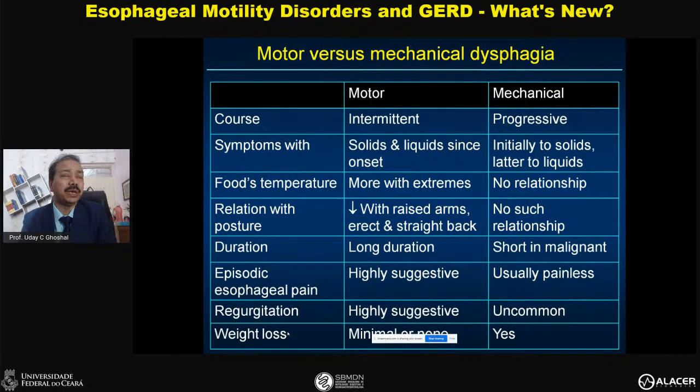So motor dysphagia is typically intermittent. It is dysphagia to solid or liquid together. Many books will describe liquid dysphagia starting first. It is worse with extreme temperature of the food. Patients learn that if they raise their arm, straighten their back, the dysphagia